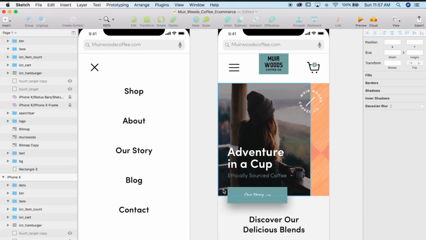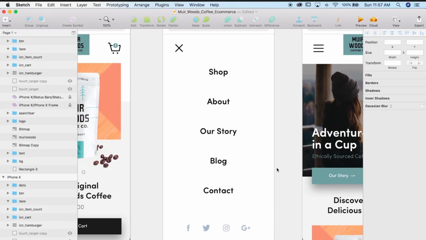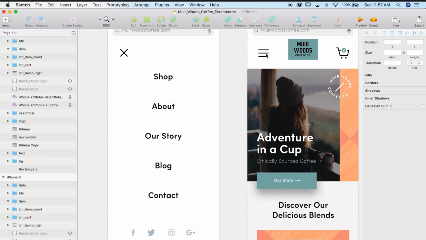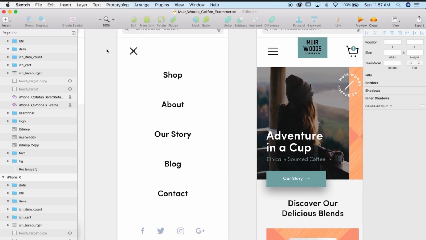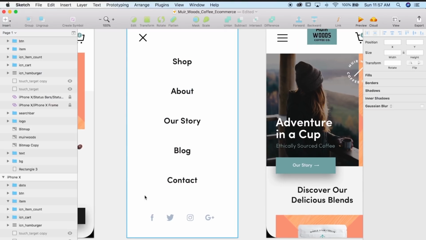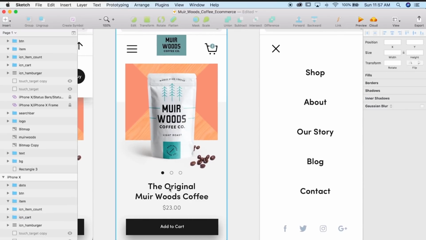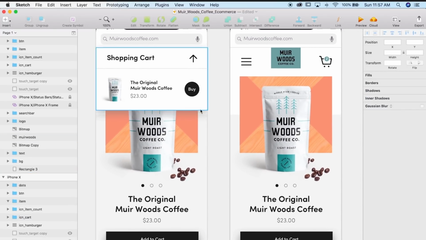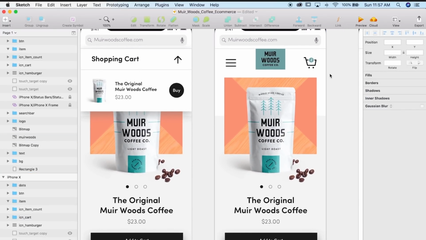So got that page. I also have a navigation page where perhaps if you click this menu, the menu could turn into an X. There could be some sort of delightful interaction where it morphs into the X, and then this navigation pops up and takes over the whole page. You got some social media icons down there. And then I also have a shopping cart drawer. Maybe if you click on add to cart, this thing could slide down and it gets added to your cart. Or if you just click on your cart, this thing could open.